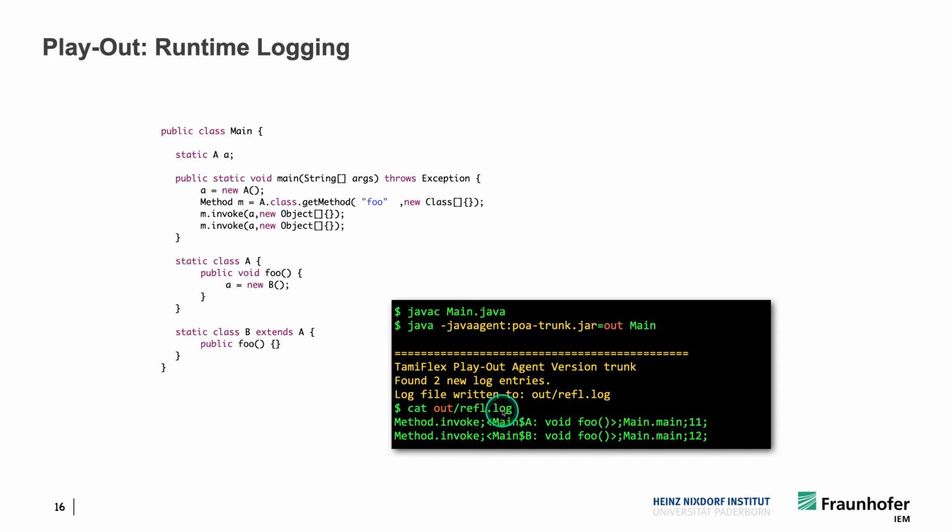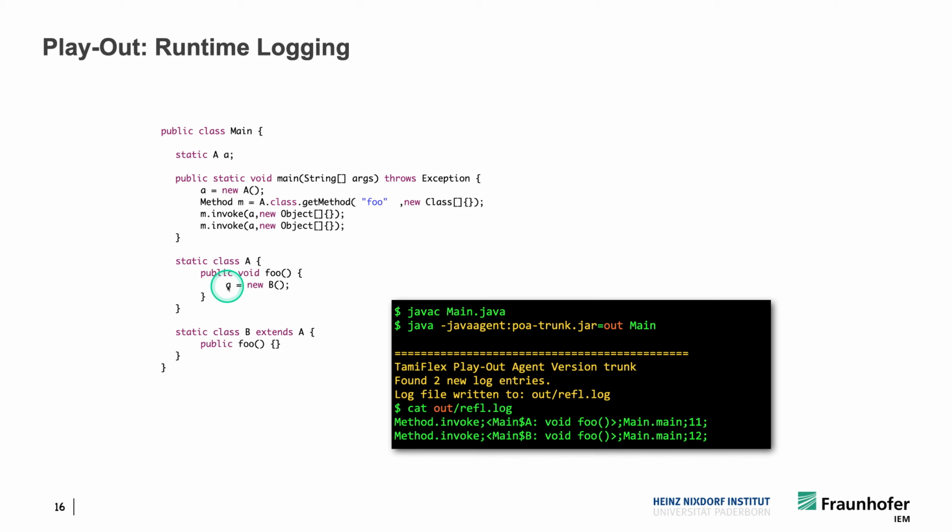If we output this, you will see that we have recorded a call to foo within class Main inner class A, but then also another call to foo within Main.B. Why is that? You would see that the first invocation here will actually invoke this method on A, which is of type A. But then, interestingly,